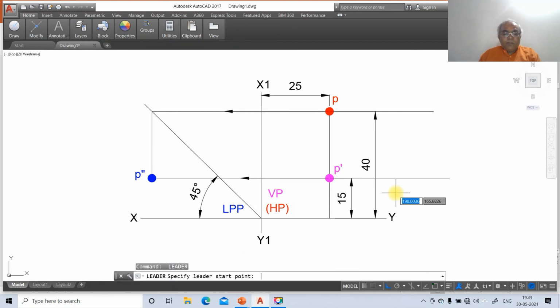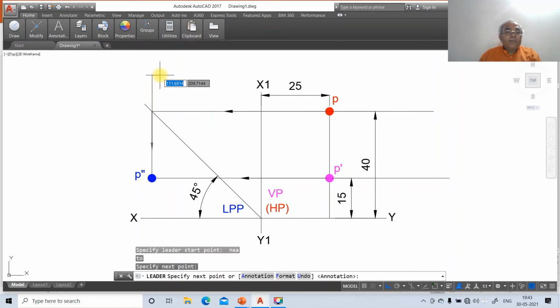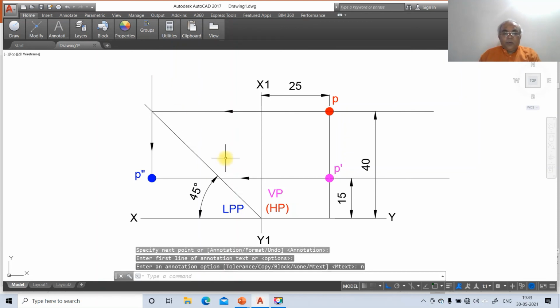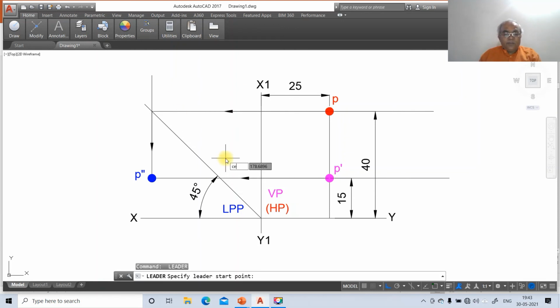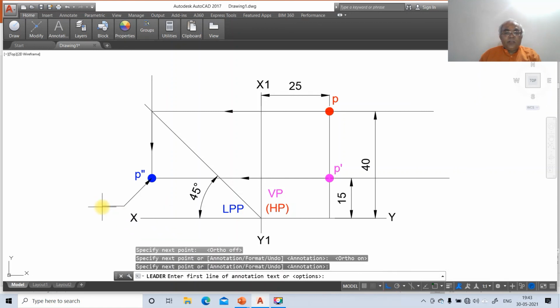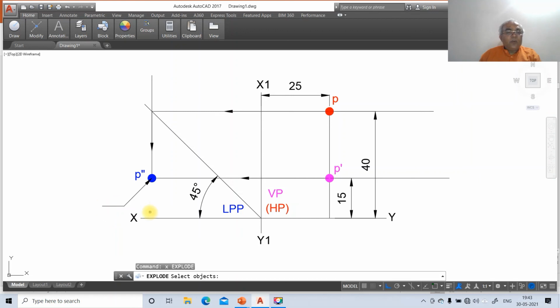Go to leader, take nearest on this, annotation option none, and then go to leader, take center of this. So here switch off the ortho mode, take it and go to ortho mode on, select this, annotation option none, then go to explode this line and this line, then erase this line and erase this line.